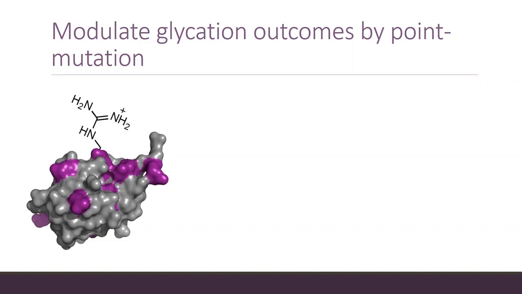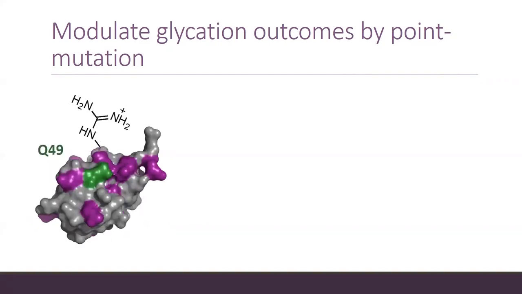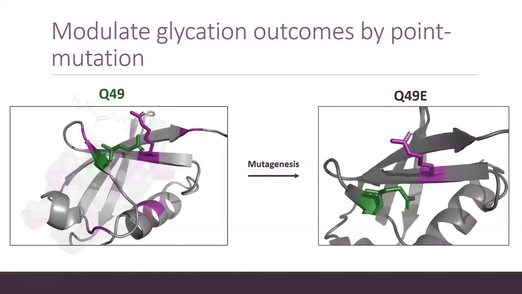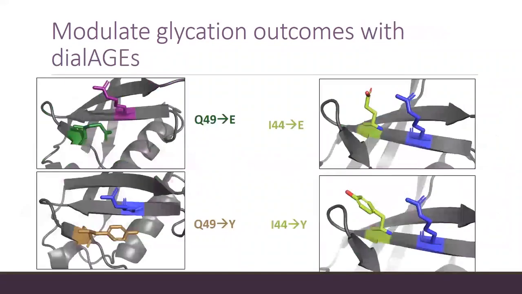So one way in which I was attempting to do that was by taking ubiquitin, like I said, looking at another part of the protein, another part of ubiquitin, and seeing if there's a way that I could change it to affect what chemistry is going to happen at that area right there. I do this by mutation, introducing a mutation to that protein, such as here, changing this green structure into this other green structure,